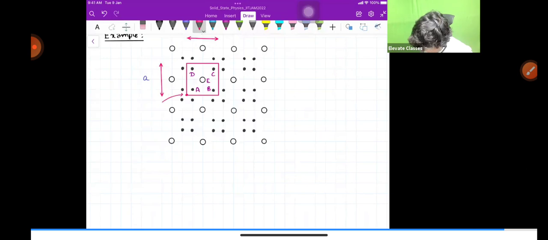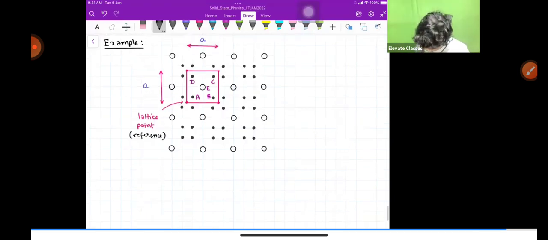Okay, ये भी आप ध्यान रखो, इसलिए example करवा रहा हूँ. So lattice point is at these points. Okay, lattice points, these corner ones. So this is the lattice point, and this is the reference. I'm saying that this is the reference. Okay, so this is the reference lattice point. With respect to this, we'll define the basis. All right. Now, if I say this is the lattice point, what can we take this